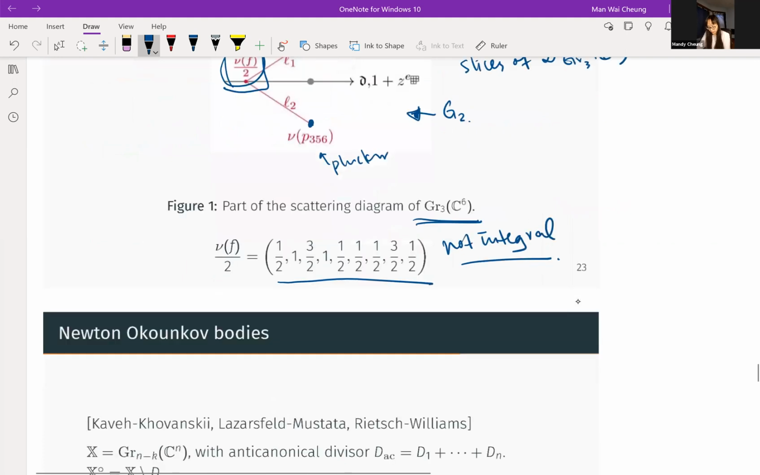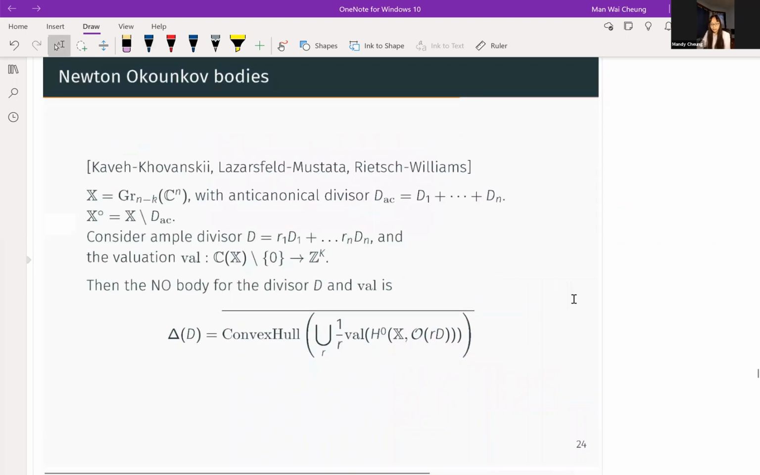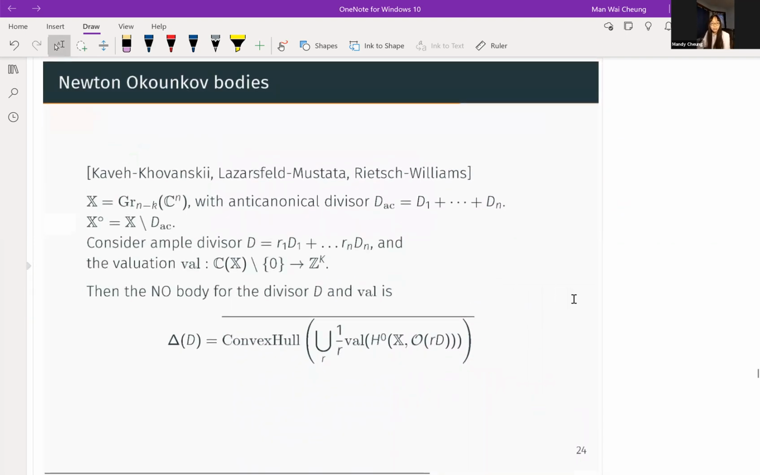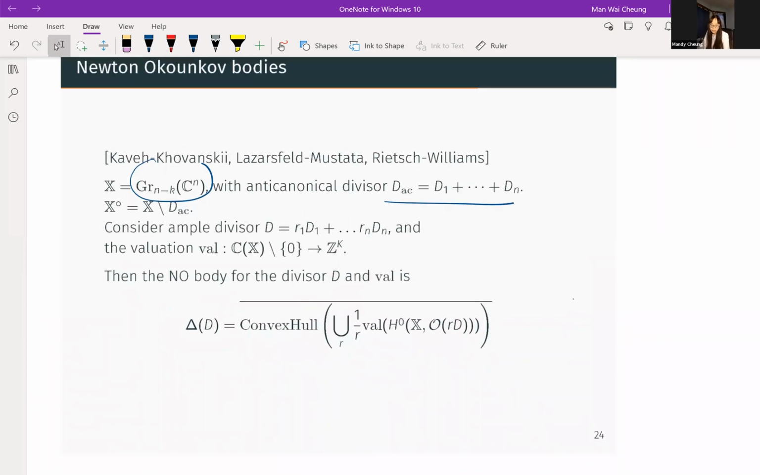So here comes, I hope it's not too technical, but especially we touched on it in the morning session. The definition of Newton-Okounkov body is we look at the Grassmannian and we look at the anti-canonical divisor actually given by Plückers, and then we look at the open piece of it. The next thing is, like Michael said, we have the choice of ample divisor and a choice of valuation. And the body for this divisor is we look at the section ring of it, the valuation of the section ring with a scalar ring, and then we take the convex hull of it,